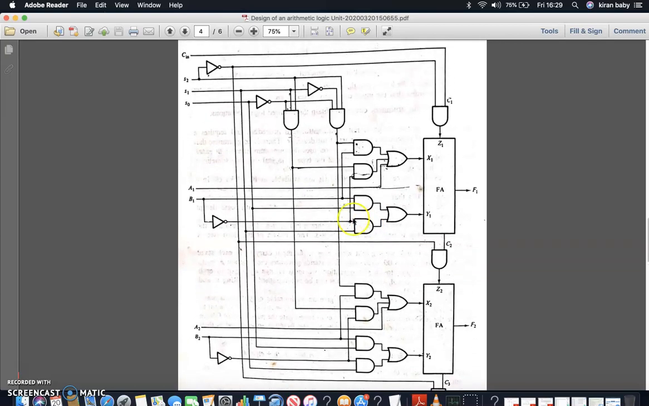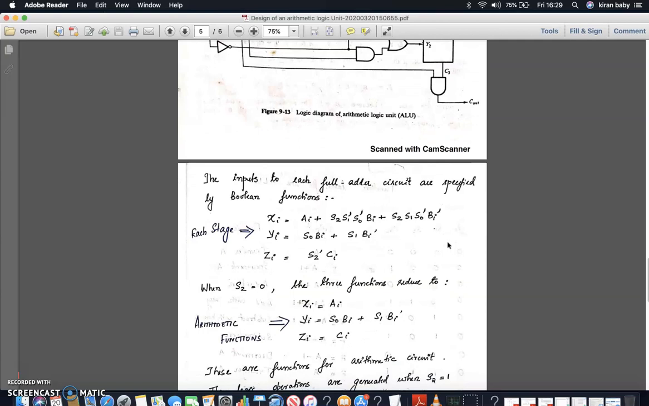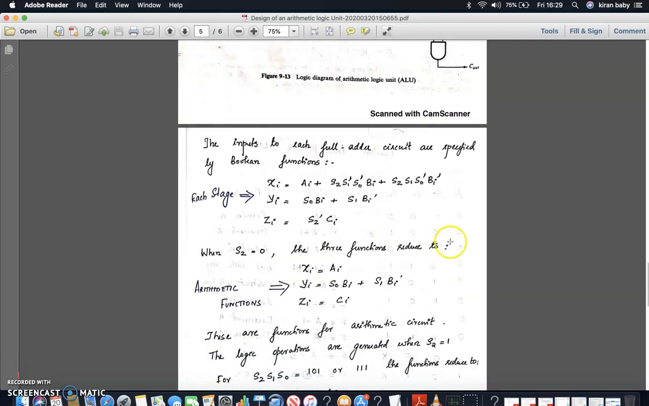Okay, so as I've already mentioned, you have 6 inputs: Cin, S2, S1, S0, Ai and Bi. Okay, and the outputs which you obtain is F and then C2, which is nothing but Fi and Ci plus 1. Now, from this logical circuit diagram, you can obtain the functions of Xi, Yi and Zi in terms of all the 6 inputs in this form. That is, Xi is equal to Ai plus S2, S1 dash, S0 dash, Bi plus S2, S1, S0 dash, Bi